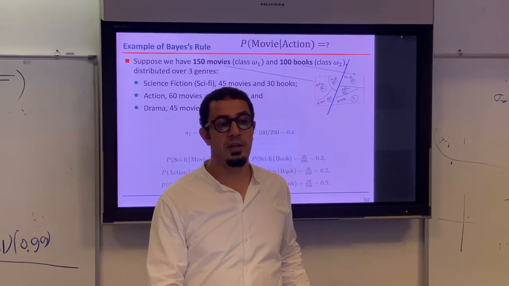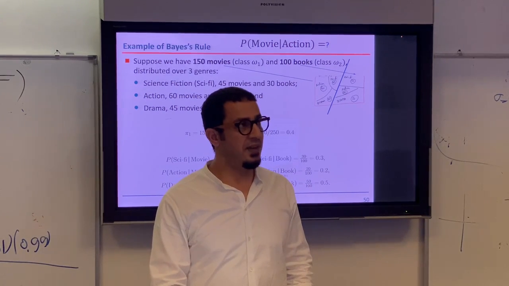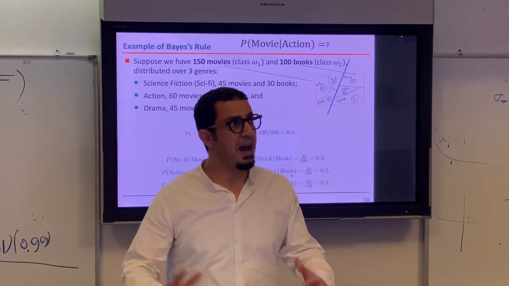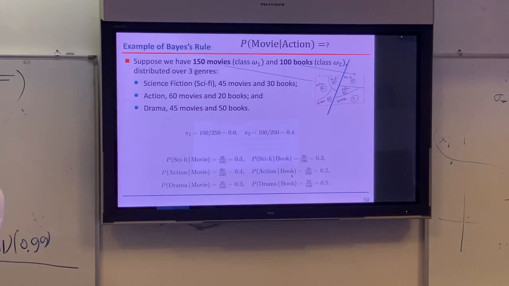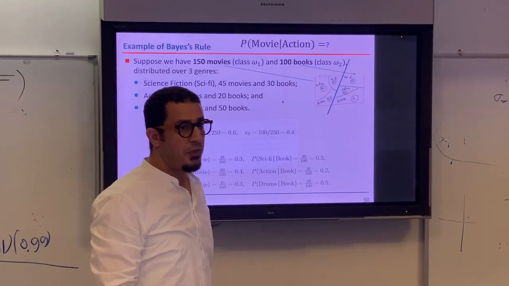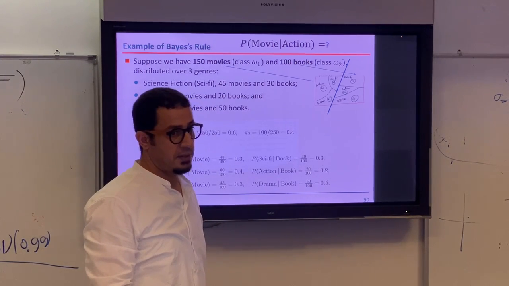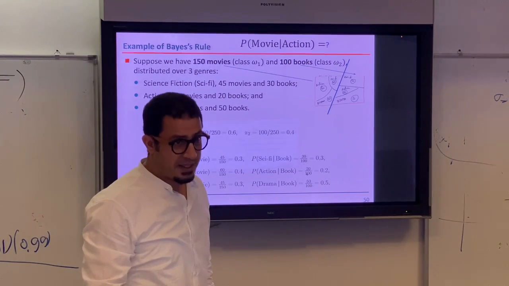The conditional one. For example here, what is the probability of action given book? So now I'm talking only about books, okay? Those books, if I pick one randomly from the book, what is the probability to be action? We can see at the book what we have. 30, 20, 50. So it will be 20 out of 100. Okay? So after calculating this one,